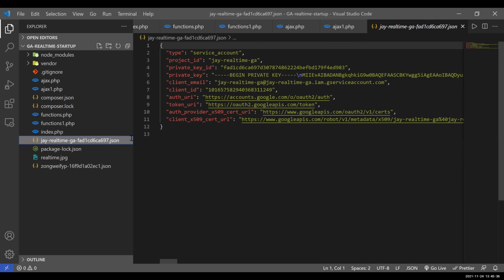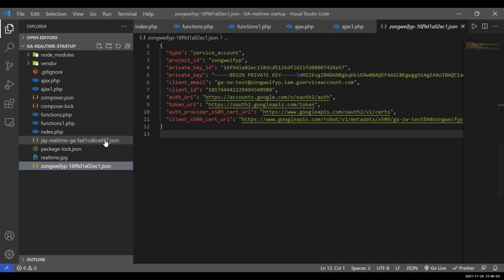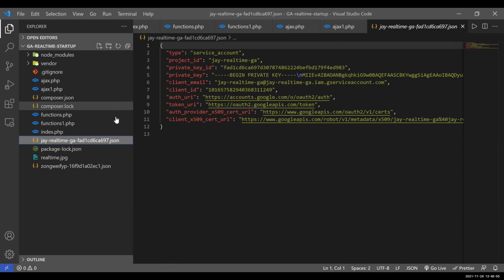This one is my Google Analytics key to link to the other website. Okay, so how many keys do you have? Only one. This Zhongwei one is to try something, so no need. I use only this one.